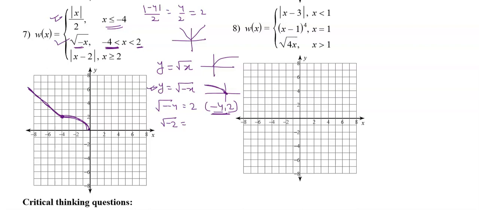The third graph is absolute value of x minus 2. Let me check the points. The absolute value of 2 minus 2 will be 0. So the point is 2 comma 0. Point is 2 comma 0, right? Now the standard graph of the absolute value function, I will just mark it. The absolute value of x looks like this, and because it is absolute value of x minus 2, the graph will shift 2 units to the right. It will look like this.